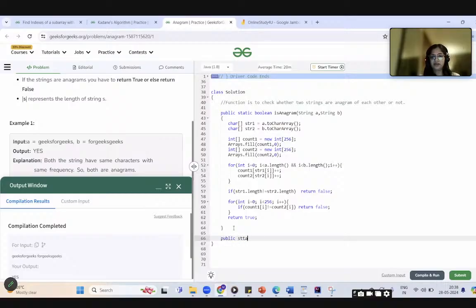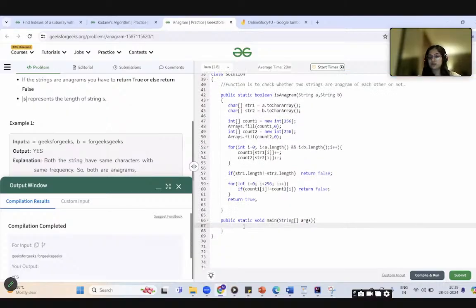So public static void main, that is the basic syntax of the main method. What you have to do is take the inputs. What are the inputs? Two strings, right? So take input as two strings, any strings.